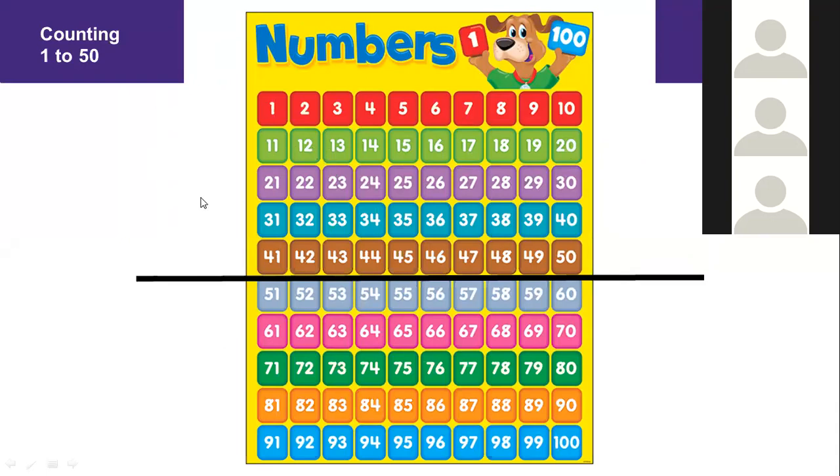So we are going to count from 1 up to 15, because you know life is about numbers. Life is about numbers. So it is important for us to master these numbers. And you will see as we go on that